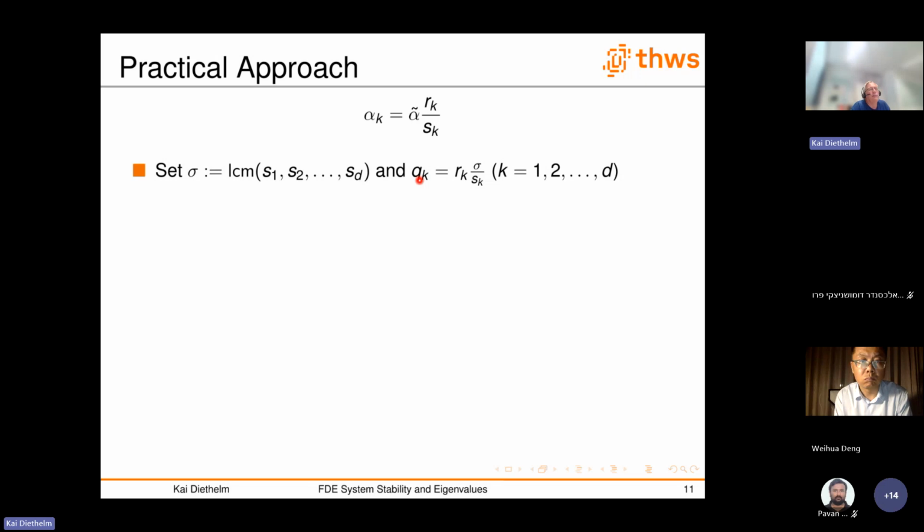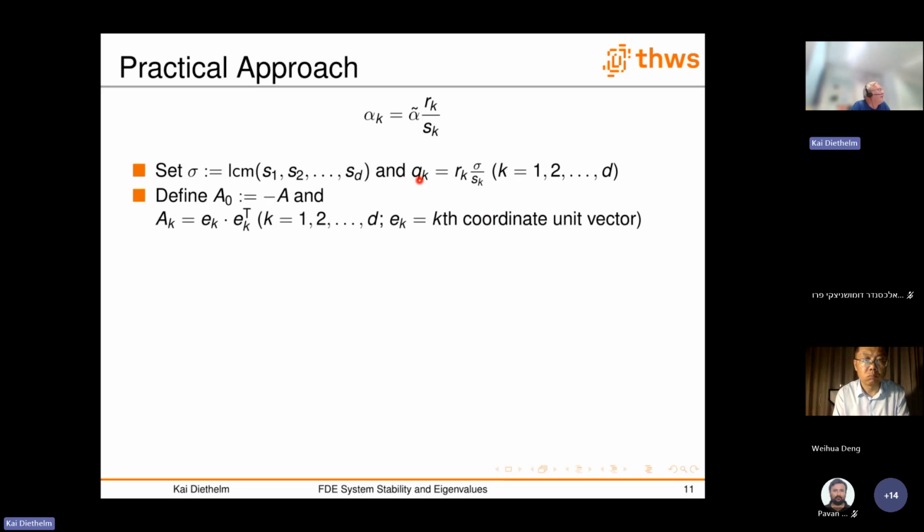And those are values which can easily be computed from the given data, from the alpha case. Then we define some matrices. Matrix A0 is just the negative of our coefficient matrix. So that's also easy to compute from the given data. And for k running from 1 to dimension d, we introduce those matrices A sub k, which is just the